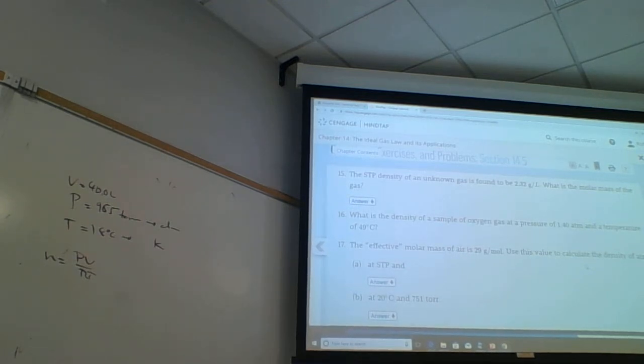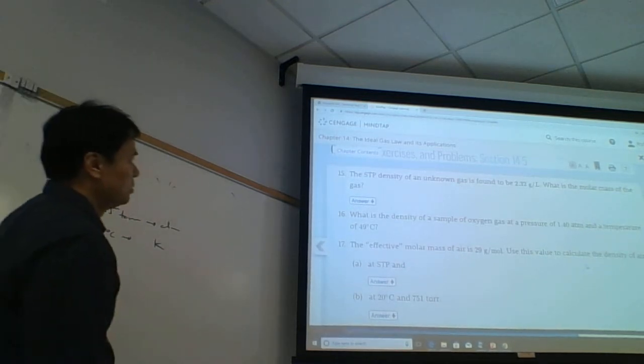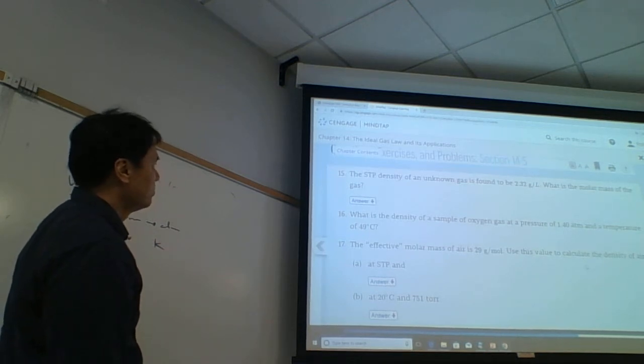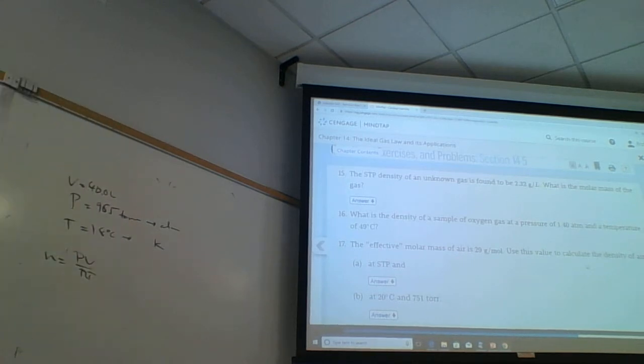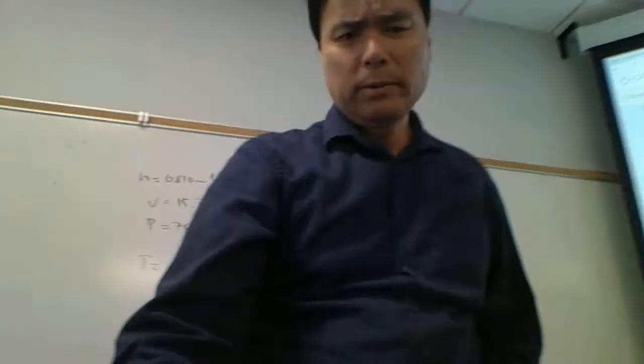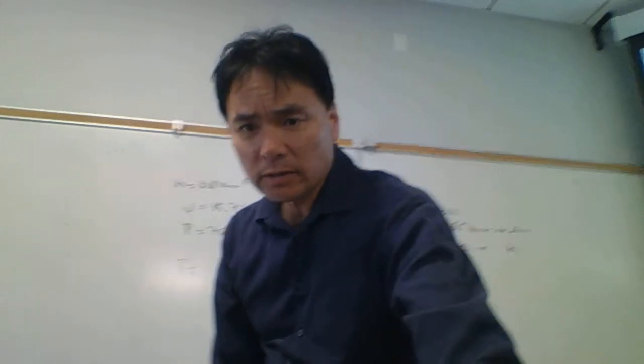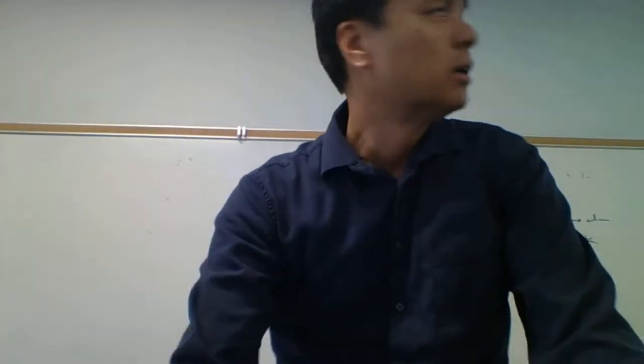The STP density of an unknown gas is found to be 2.32 grams per liter. What is the molar mass of the gas? All right, so here we have to remember what the molar mass equation is. What was the molar mass equation? Actually, why don't you give this a go here? Let's see. You get